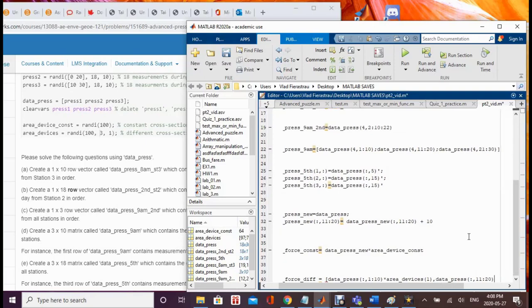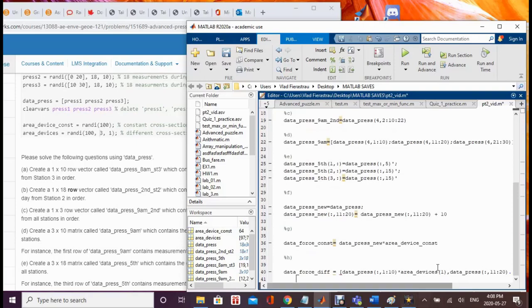Sorry, if your code gets too long, there's this cool, simple MATLAB feature. What you can do is type 3 dots, and then you can press enter, and then you can continue your code afterward. So I'm actually going to do that here, so it's less confusing. So I left off here. So data press. Oh, and I want to make sure that I'm using data press new, not the old one. So data press new,